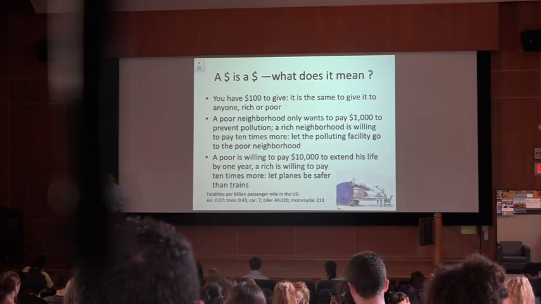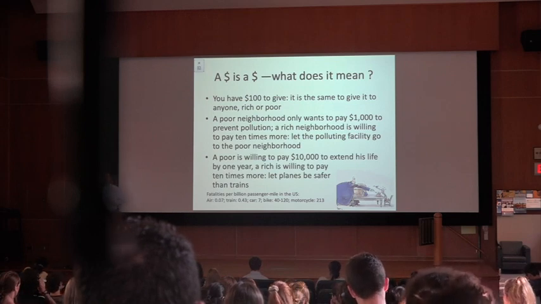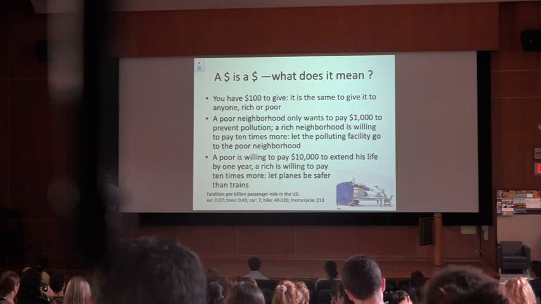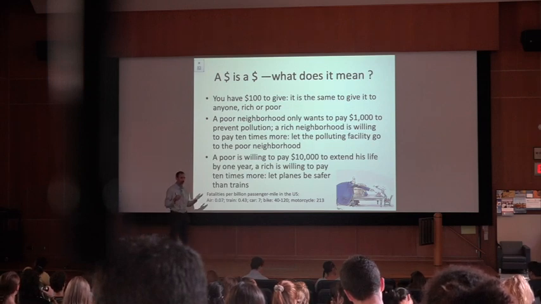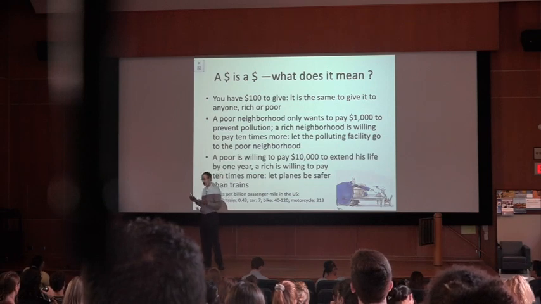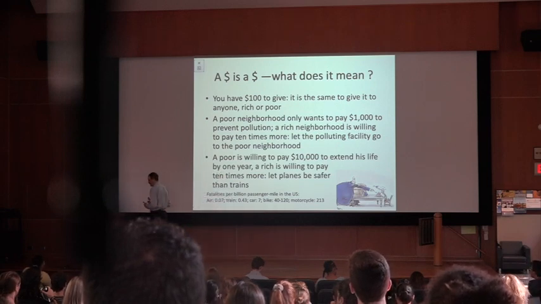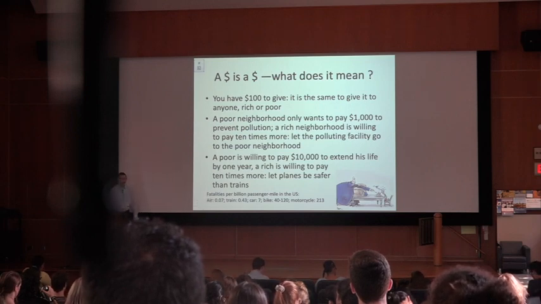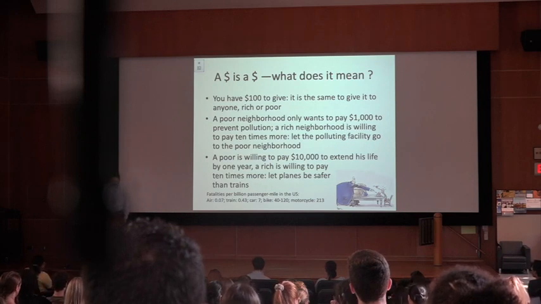And finally, if you look at people's willingness to reduce risk to their life, typically the rich have a greater willingness to pay for their safety than the poor, and that can induce policy conclusions like, for instance, you should have greater safety in planes than in trains because the average income of flight travelers is higher than the average income of train travelers. So I've put the risk of the various modes of transportation per mile, and indeed you see that the risks are unequal between air and train,